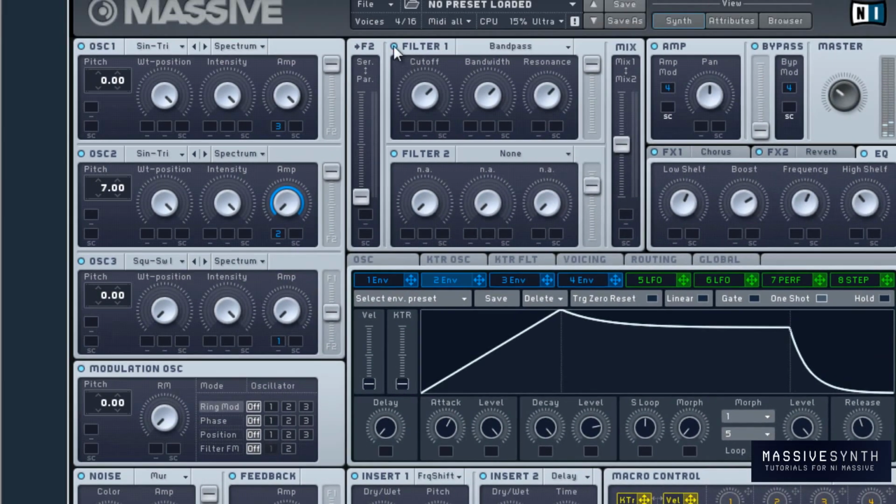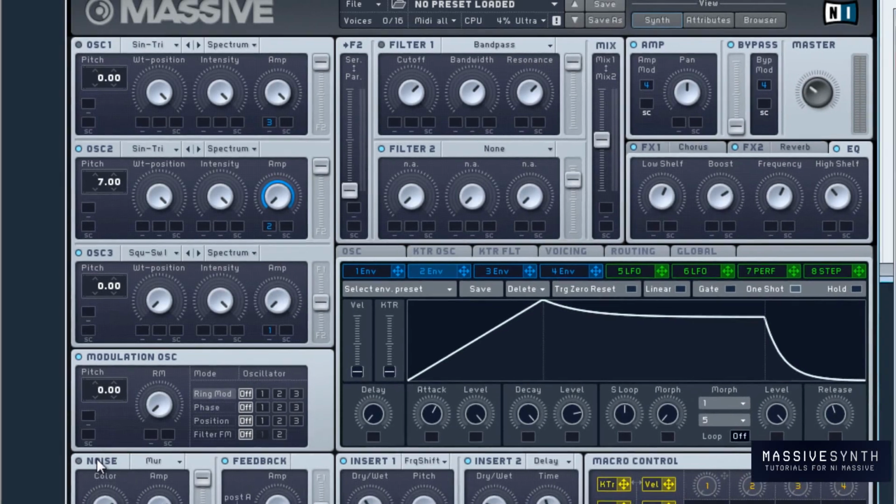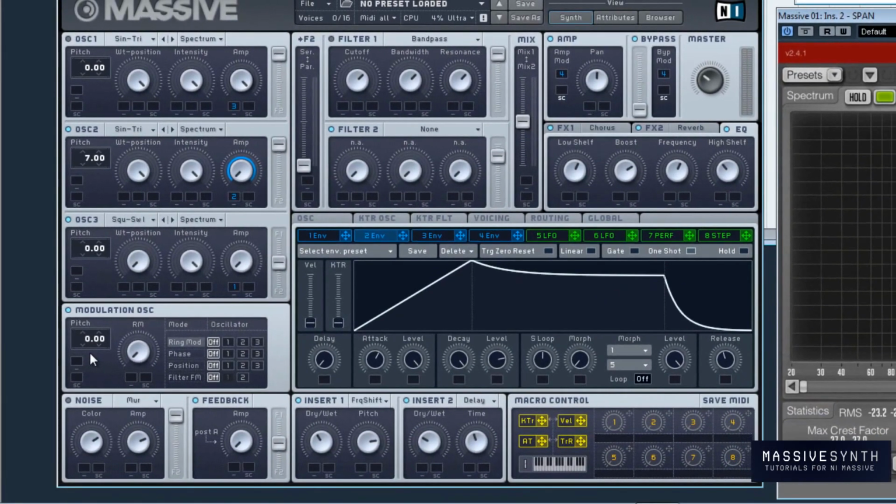We'll turn off the filter, that way it's more transparent, and we'll turn off oscillator 1 and the noise oscillator so you can hear exactly what's going on with it. So this is while I'm continuing to hold the note. So it's just going to be a simple one shot. You can see it slowly fading out, and the release is going out. Now combined with oscillator 1 and the noise oscillator,